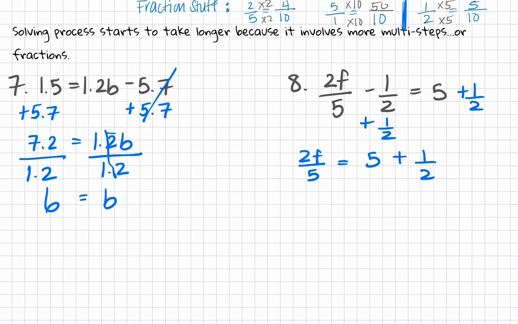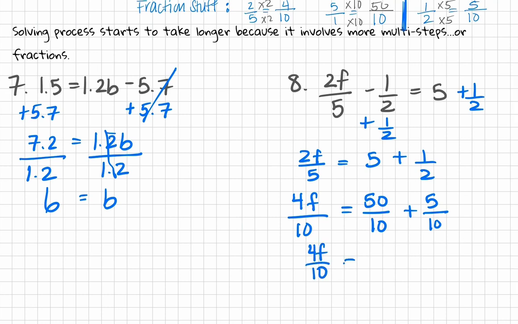So 2/5 f is now 4/10 f is equal to now 50 over 10 plus 5 over 10. 4f over 10 is equal to